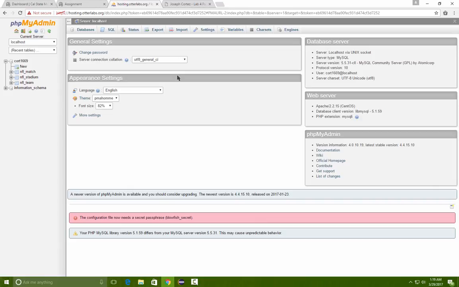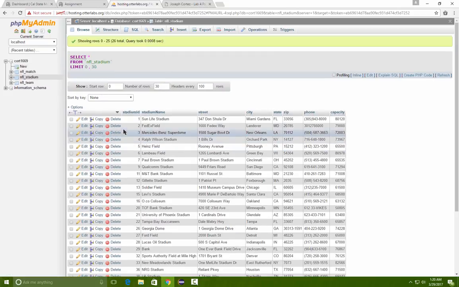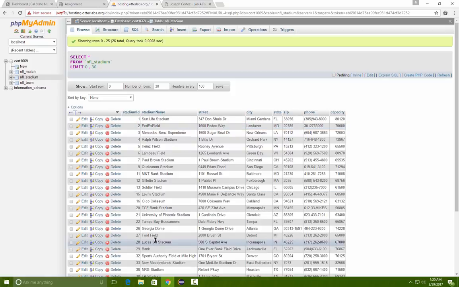And the server is through phpMyAdmin. Once we log in here, we are able to use the import field to import the three tables. The three tables consist of NFL match, which is a table of NFL games. Then we have NFL Stadium, which is a table of the stadiums for the different NFL teams and their address